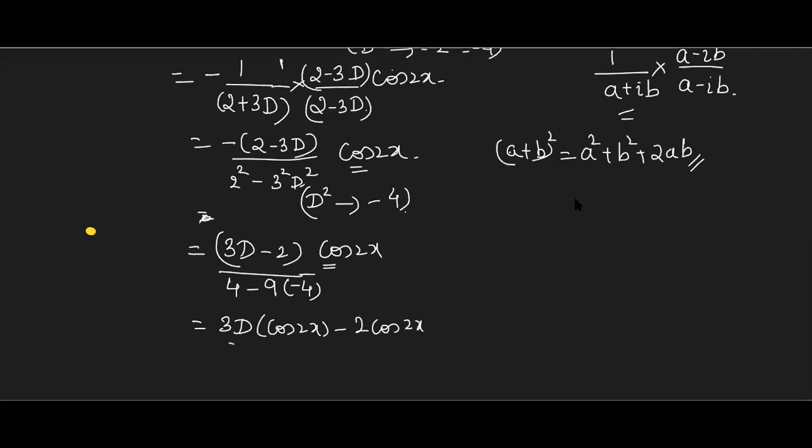Hope the step is clear. Now what is this sum? 4 plus 36, 40, no? Can you just see what is the meaning of this? What have we used the notation capital D as? No, that is to find the auxiliary equation. But actually D is what? D by dx. D is d by dx. So derivative of cos 2x with respect to x should be found. Am I right? So this is 3 into. So D operating on cos 2x means derivative of cos 2x is what?